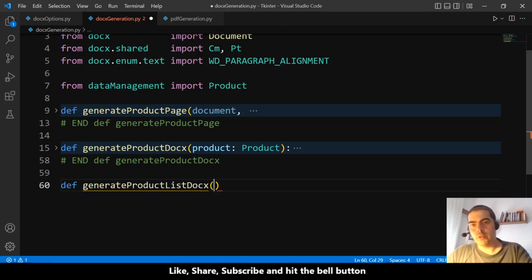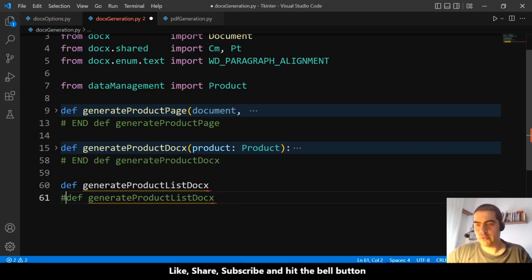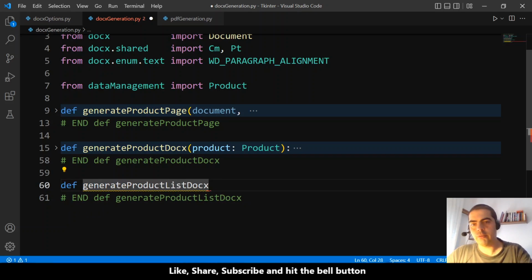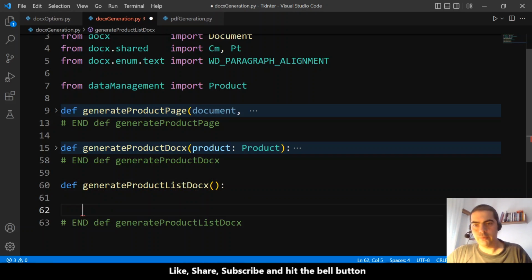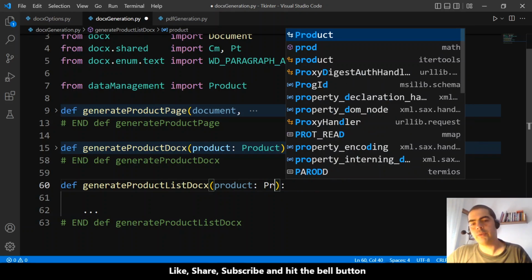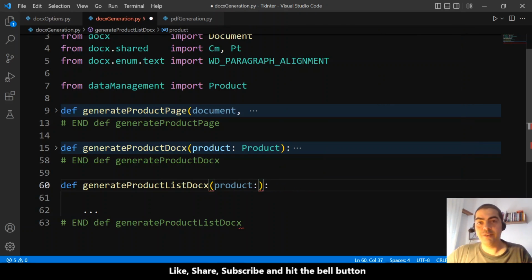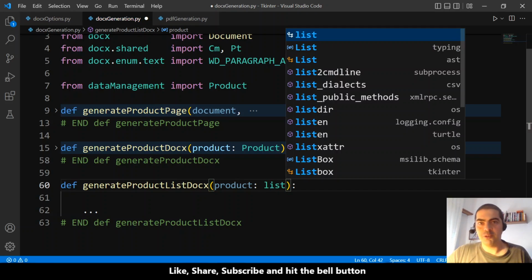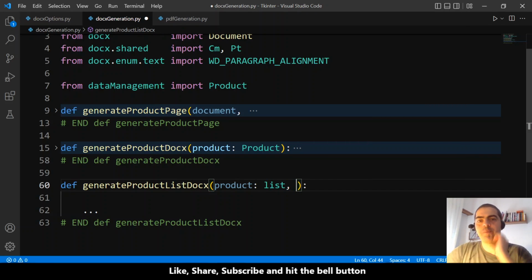Okay, again, and by the way, let me duplicate and put here an and for you to not get lost, and also an ellipsis. Again, it will receive the product, it is a product. Sorry. In this case, it is a list with products. Okay, it is a list,